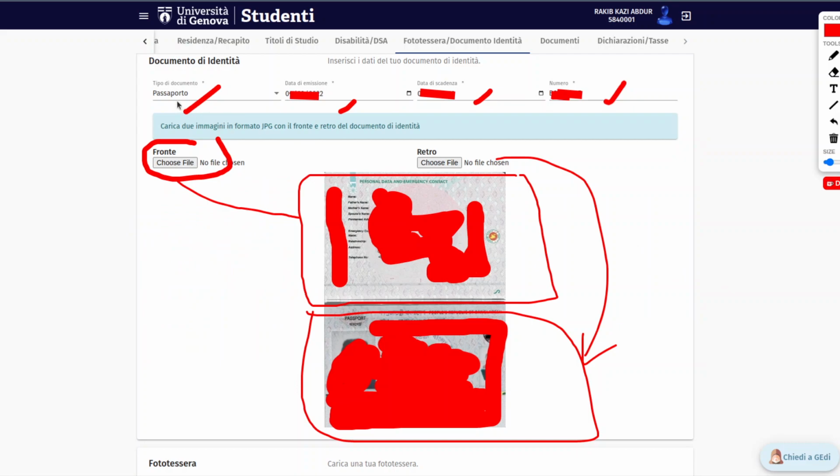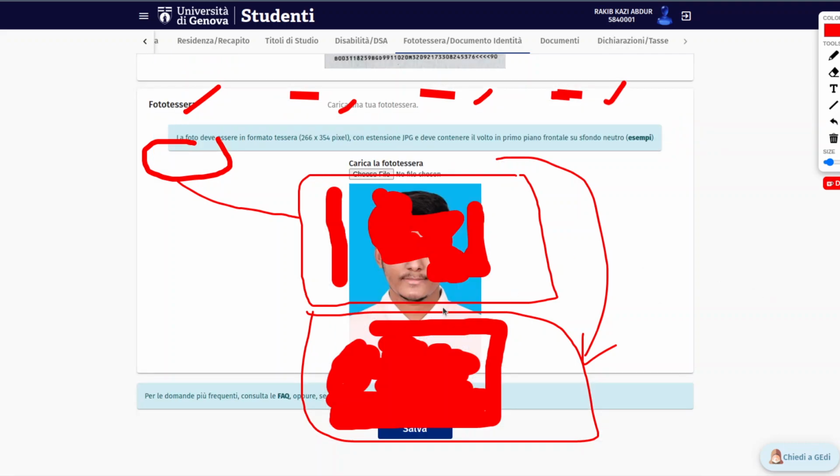Now in this part select the passport and give the expiry date, and this is the passport number. For the front part, just select the front side of the passport. This is the back part, just select the back side of your passport. Then scroll down and